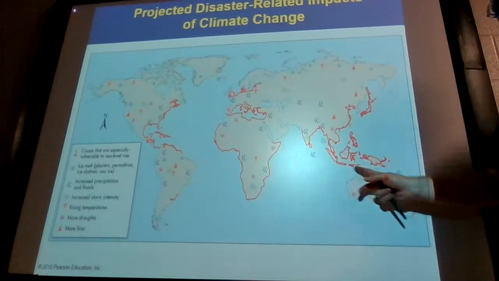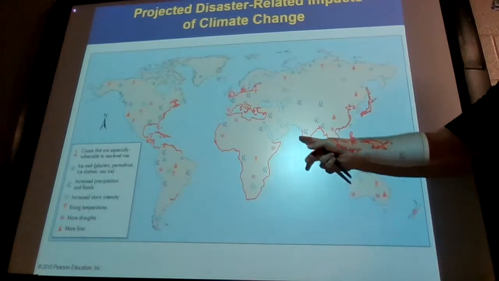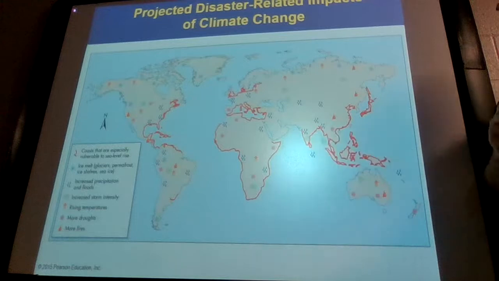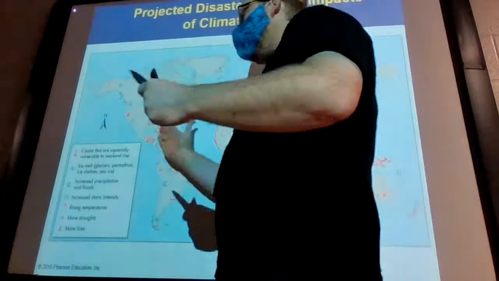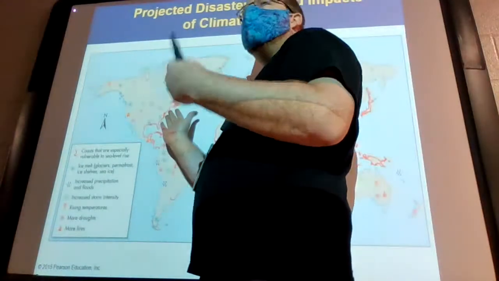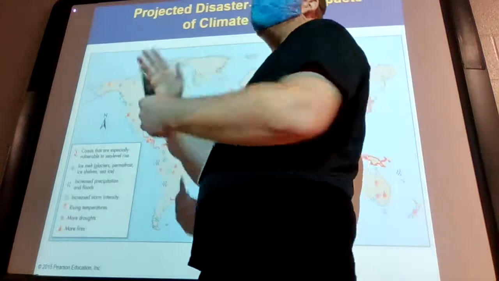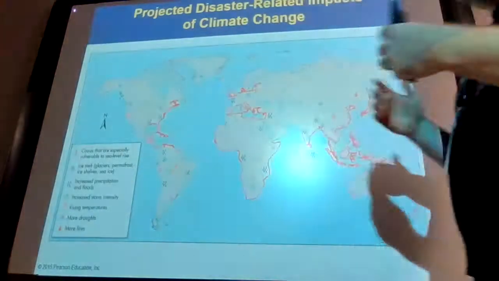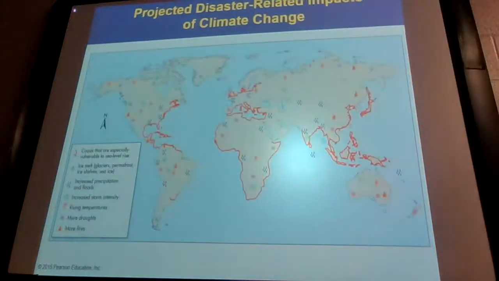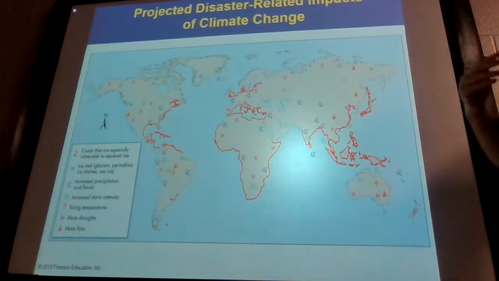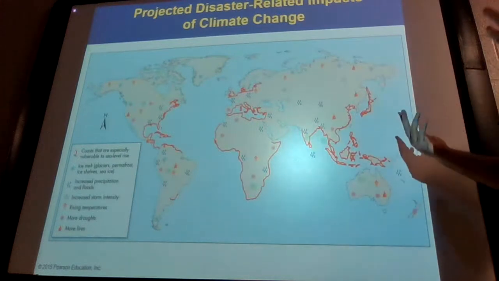The Philippine Islands, the Indonesian islands, and the India coastline here, you're talking about countries that don't have a lot of empty space for people to go to. The United States, like everybody in Florida and the East Coast has to move away from their homes. We have a huge amount of empty space in here. We got plenty of room for people to move around. It's going to be bad. It's going to wreck our economy. It's going to be terrible, but we'll make it. We have somewhere for those people to go.